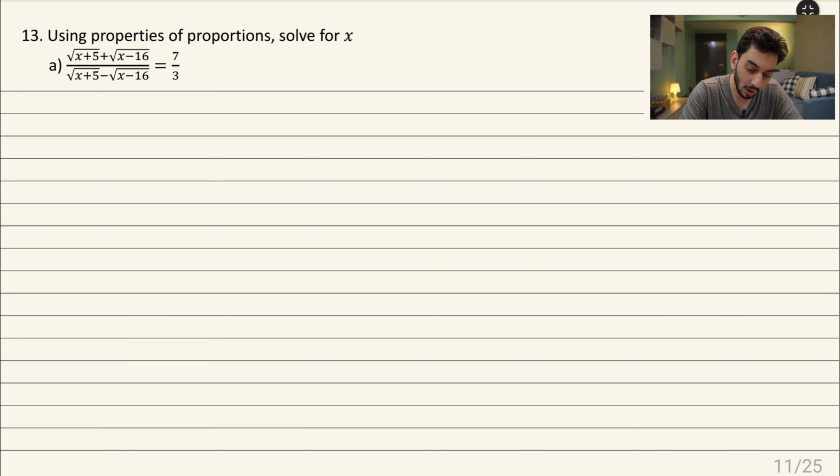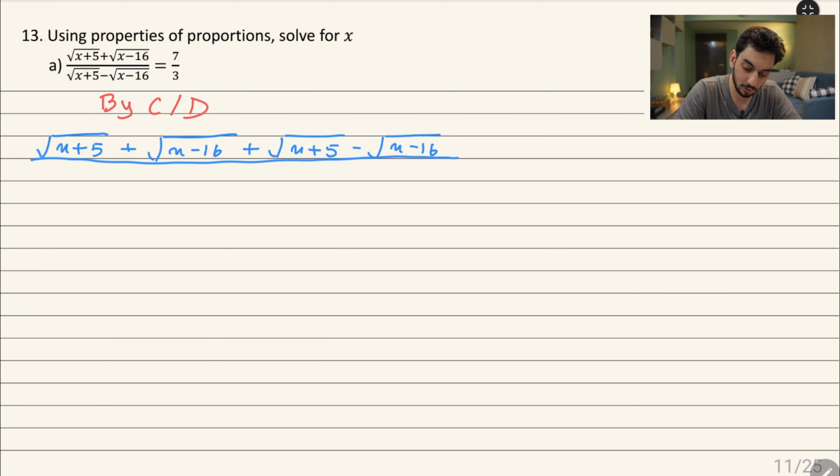Okay, what do I do? Absolutely nothing. Componendo dividendo, very easy. So by componendo dividendo, this becomes (root of x plus 5 plus root of x minus 16) over (root of x plus 5 minus root of x minus 16). In the denominator, here I just did numerator plus the denominator, now I will do numerator